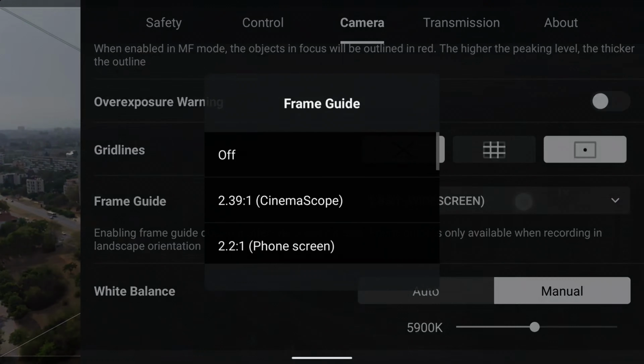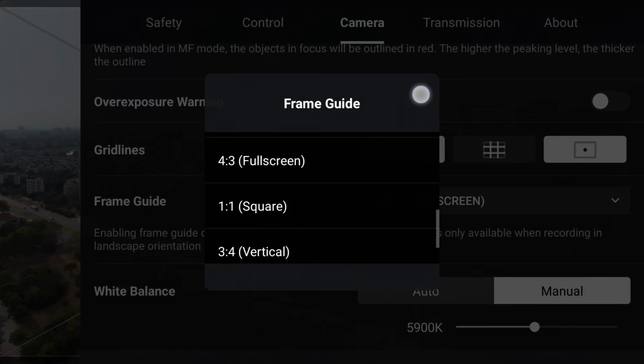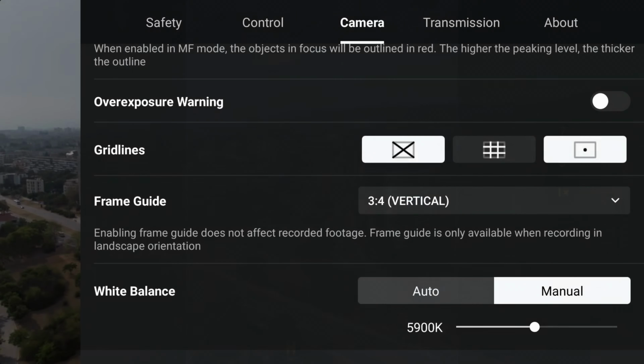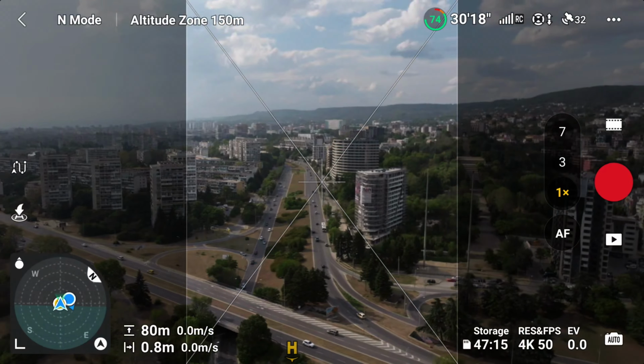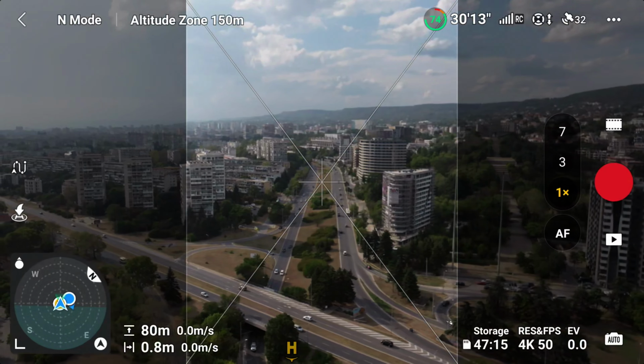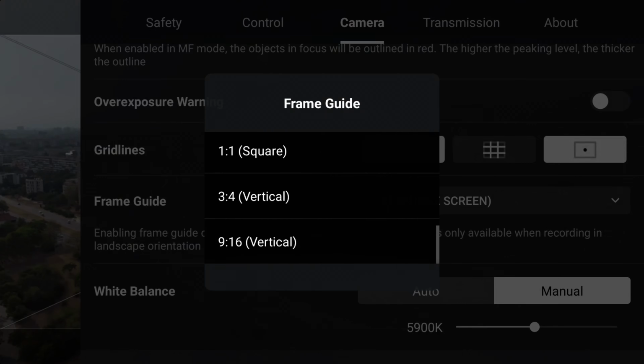That's the easiest example I can give. If you're shooting something that you want to use in, let's say, 9:16, or you want to crop a photo later in 4:5 for Instagram, you can easily turn on Frame Guide from the camera settings, and then you will see the dimensions of this exact frame